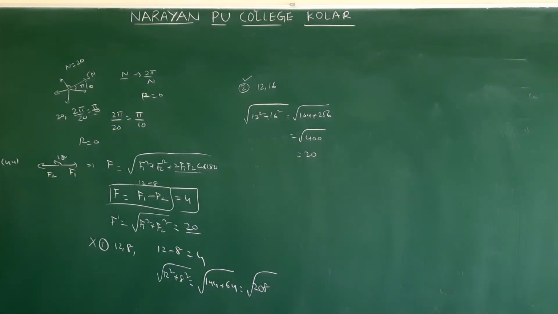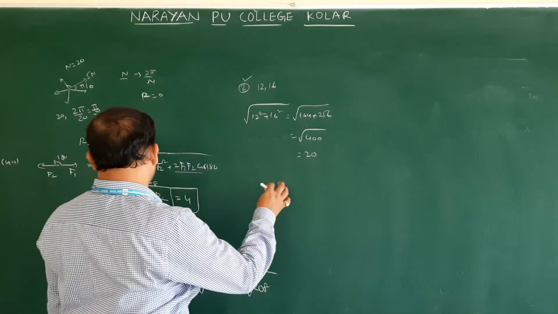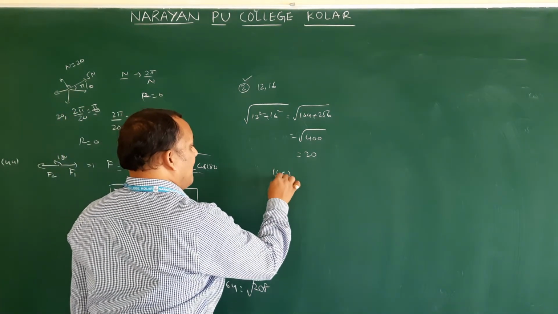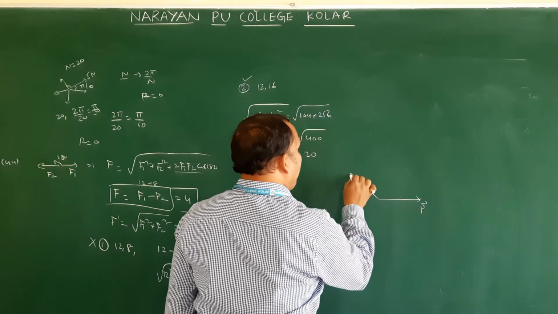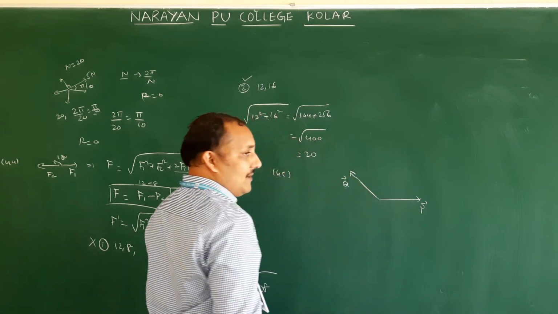Next question, 45. This is also an important model. The resultant of two vectors p bar and q bar is perpendicular to q, and its magnitude is root 3 by 2 p. Then the angle between p bar and q bar? So the resultant of two vectors. Question number 45.